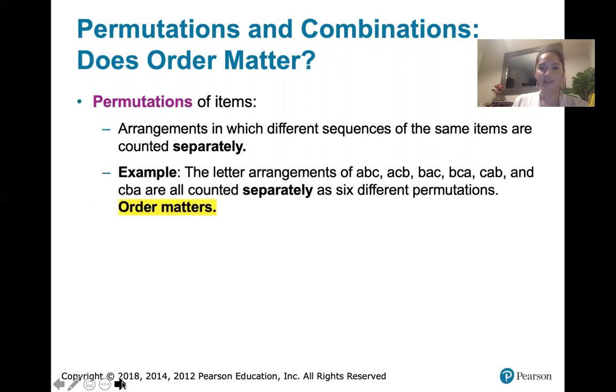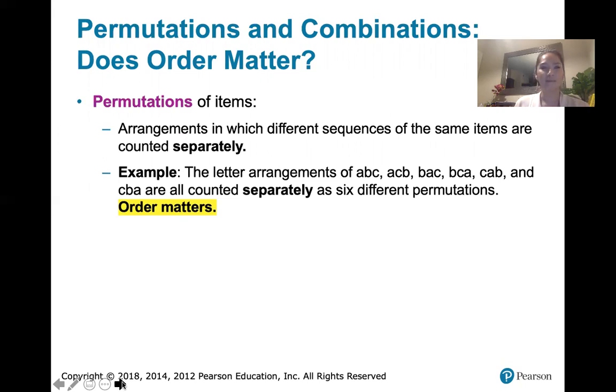If I have A, B, and C, I could arrange them as A, B, then C, or I could have A first and then C and then B, or I could have B first and then A and then C, or B first and then C and then A, or C first and then A and then B, or C first and then B and then A. All of those would be counted separately as 6 different permutations because they have the same letters, but they're all